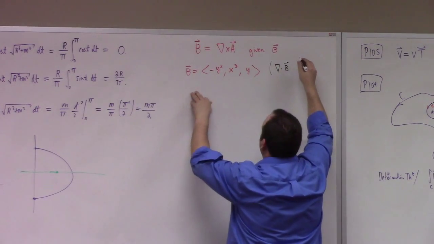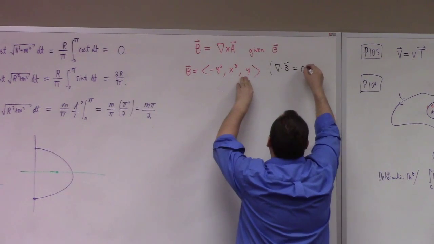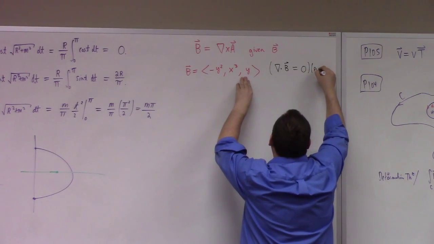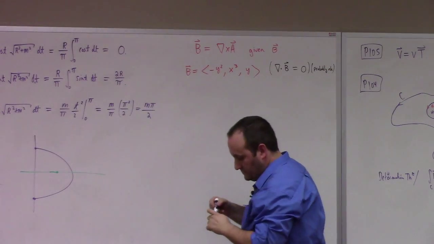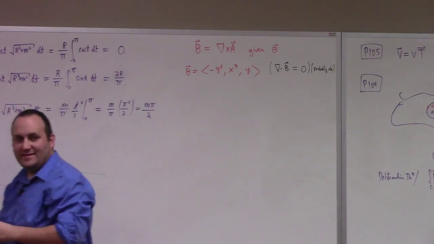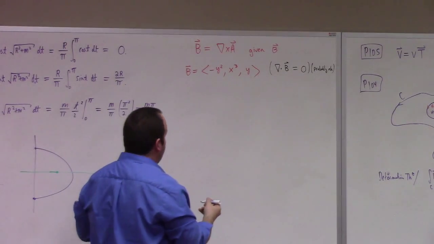What's the divergence of B here? Oh, 0. Okay, probably okay. I think that's actually not a probably. It's actually a certainty, but we don't have quite the theory yet to develop that. We're going to, hopefully by the end of the semester, have that, but we're not there yet. All right, so